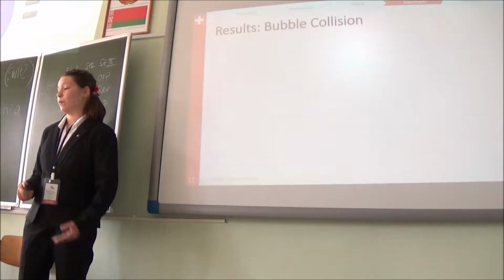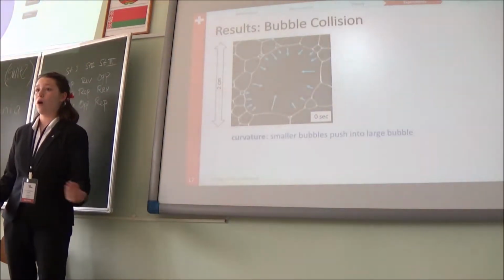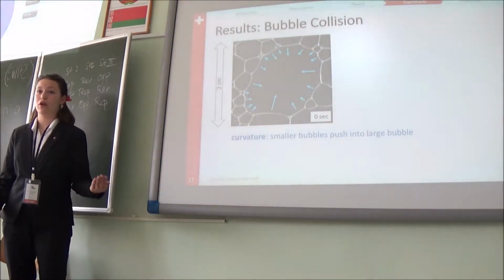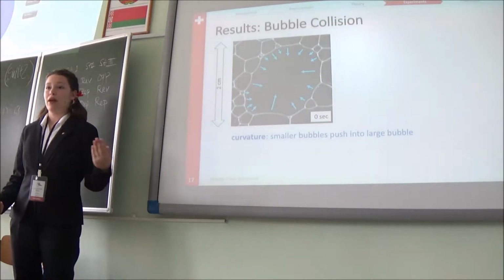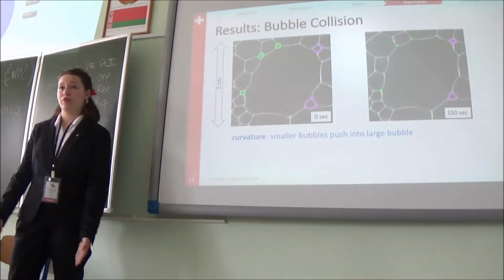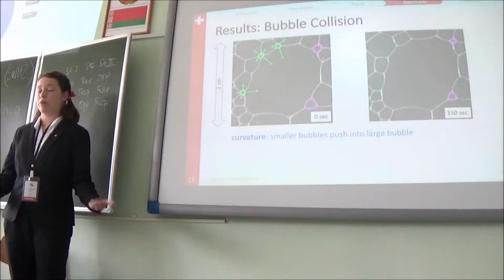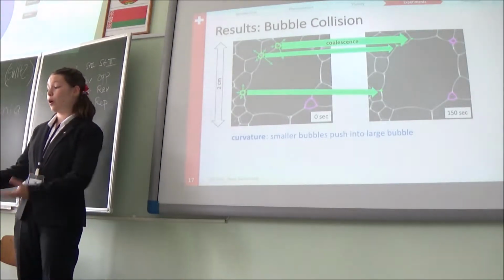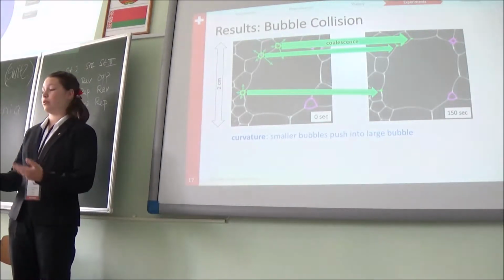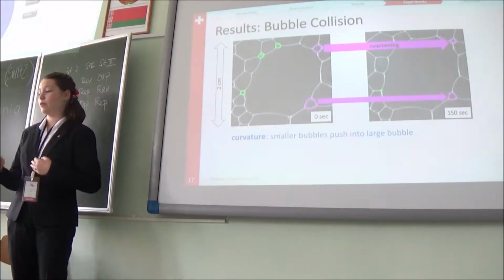As the problem states, for my results for bubble collision, we have this picture here, and as you can clearly see, all the smaller bubbles curve into the bigger bubble. And I want to focus on these 5 points. After 150 seconds, we can clearly see that all the green bubbles diffuse into the bubbles around them, which means there was coalescence happening because all the bubbles disappeared, and also the pinker bubbles shrank, which means there was